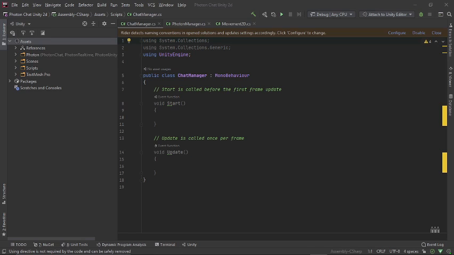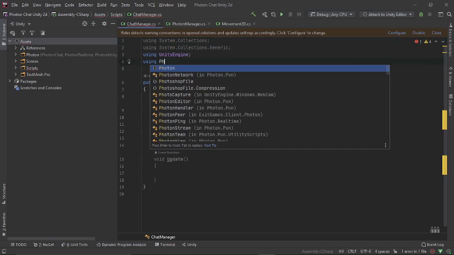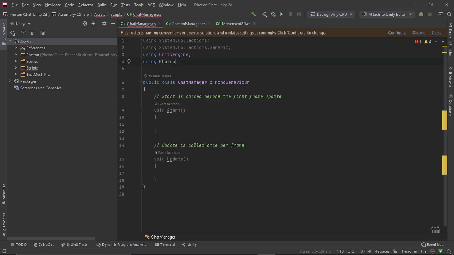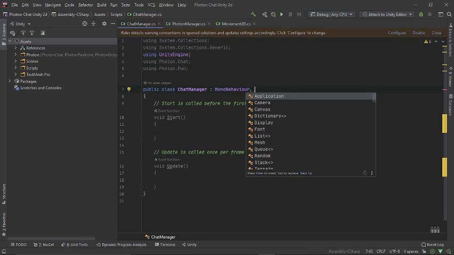Okay, so I have already done some editing on the project. Now let's start off with the basics. We have to import the classes. So using Photon.Chat, and using Photon.Pun. That's what we need. So I have to go with